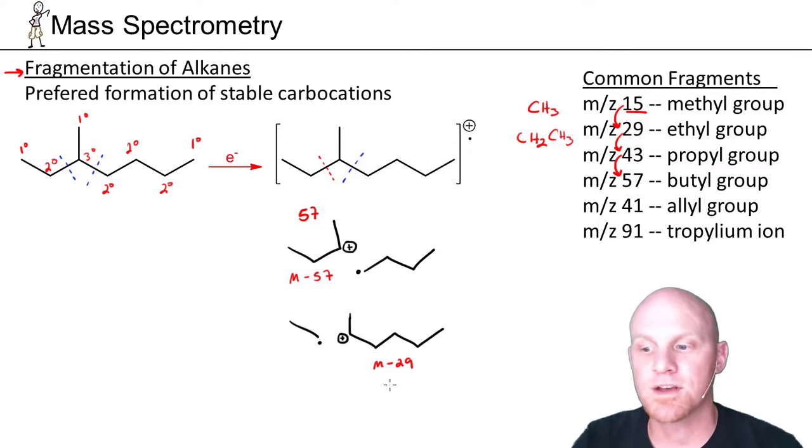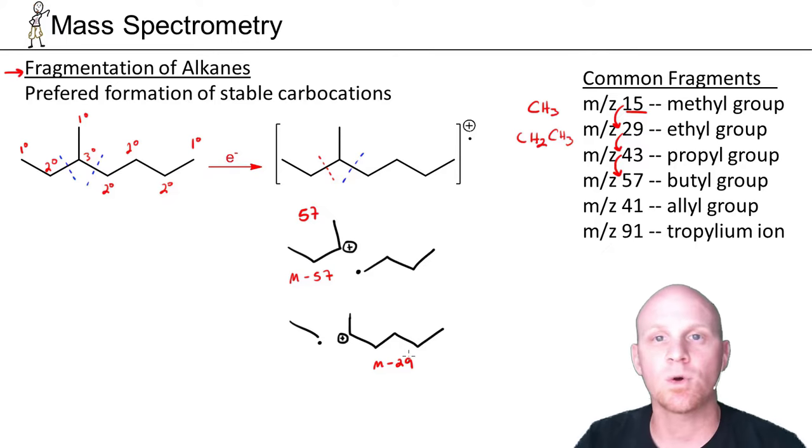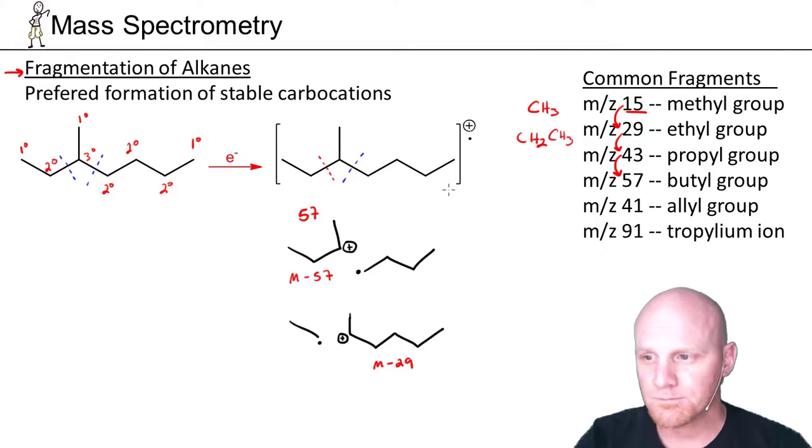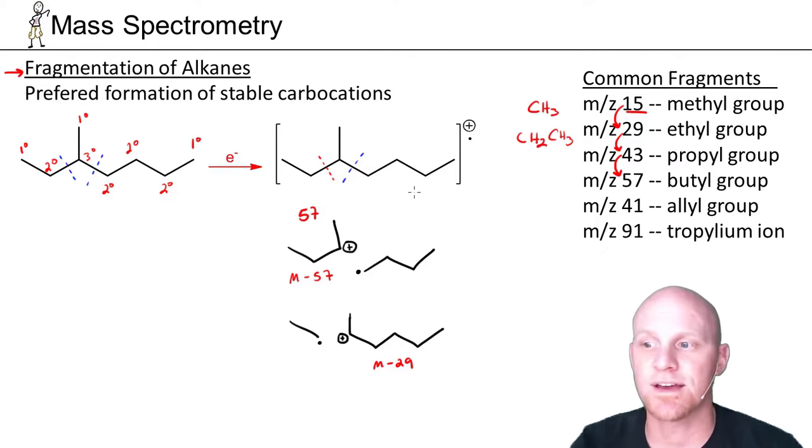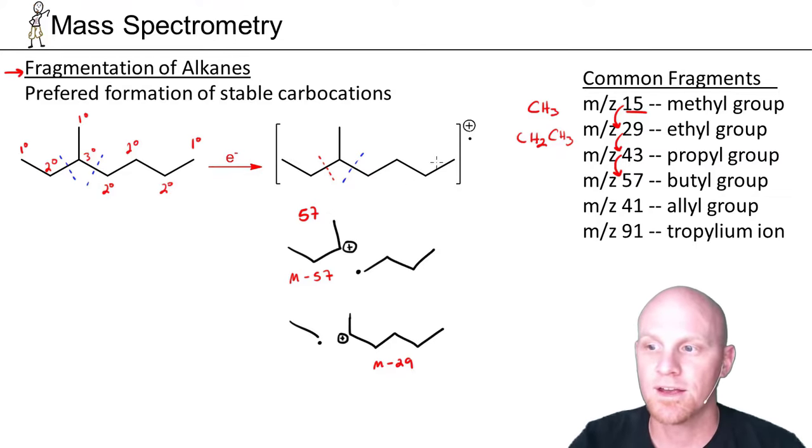Oftentimes one of those numbers, either 15, 29, 43, or 57, will show up and give you a clear indication of either what you have or what you've lost. Note we could have cut in some other places and had less stable fragments, but we just stuck with those most stable ones. But notice, had we cut either, let's do this in green, had we cut either here, here,